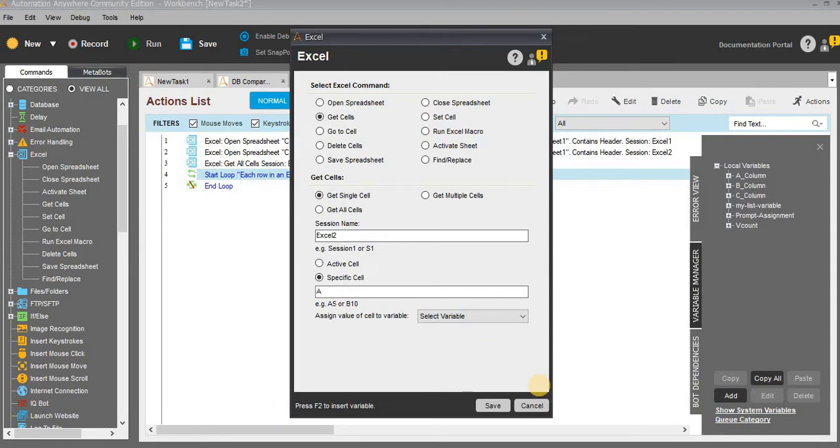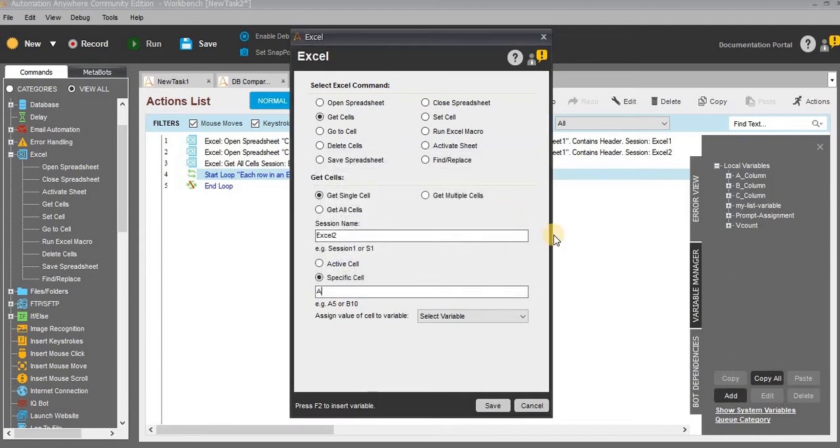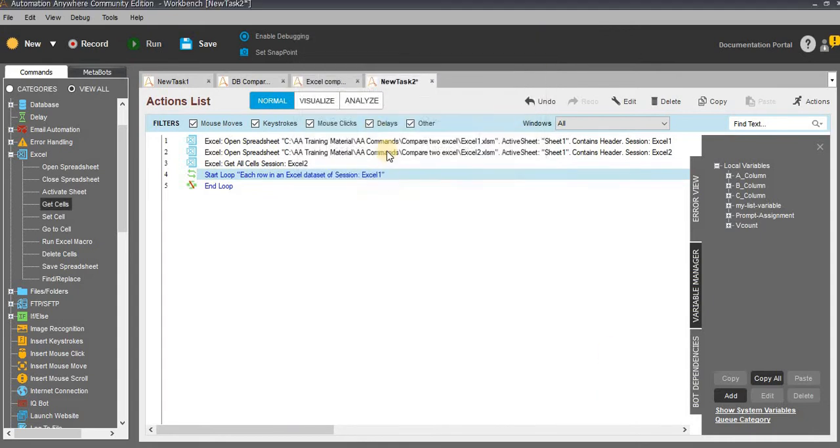So a counter, which is nothing but first time it will consider the value as 1, second time 2, third time 3, fourth time 4. So each and every time it will increment one value. So I am using V count. Instead of counter, I am going to use V count. You should know why I am using the V count.